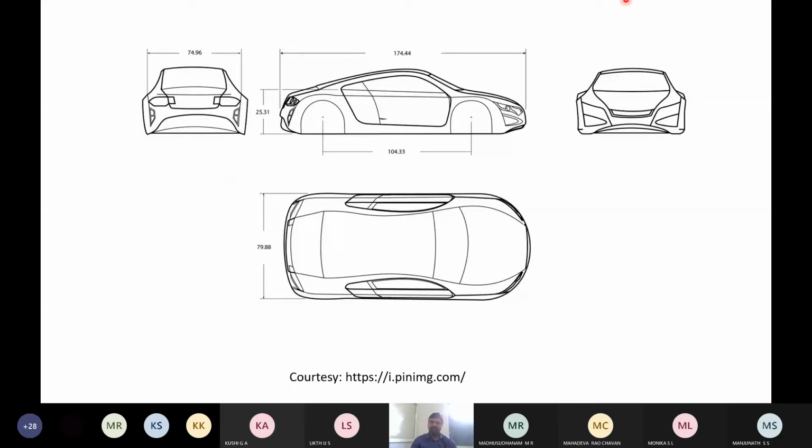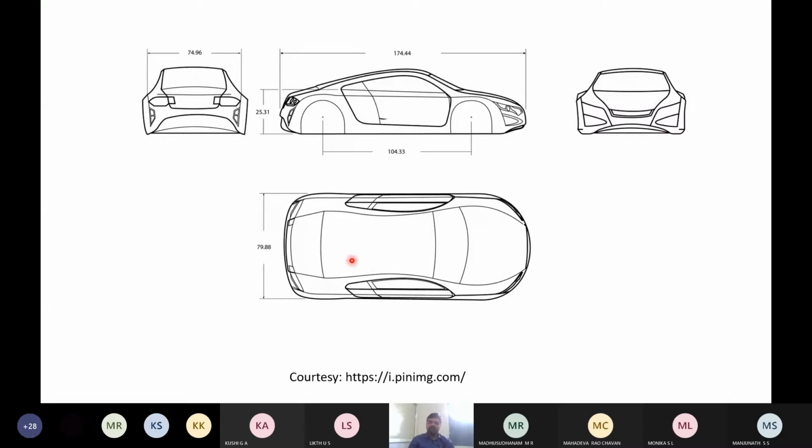So these are the orthographic views. This is the front view of the car, this is the top view. This is the right view on left profile plane, and this is the car from another side. So these two are side views. This is the front view and this is the top view. These are just for your understanding.